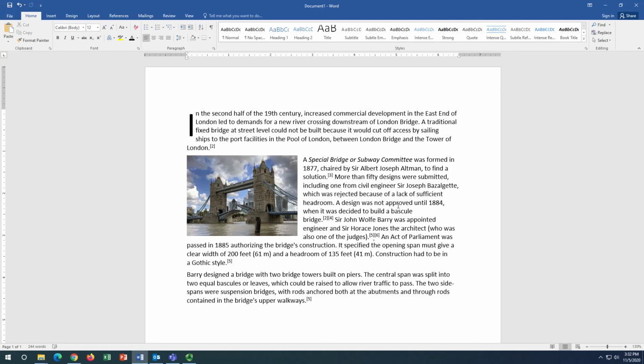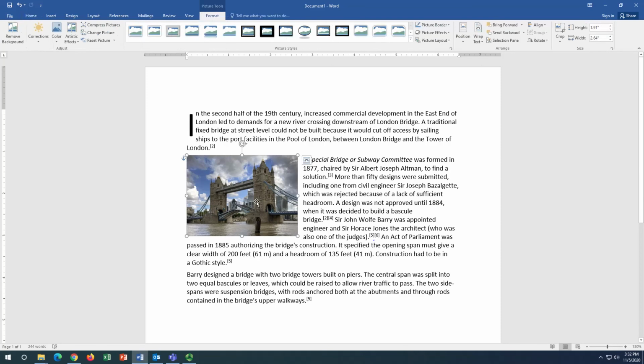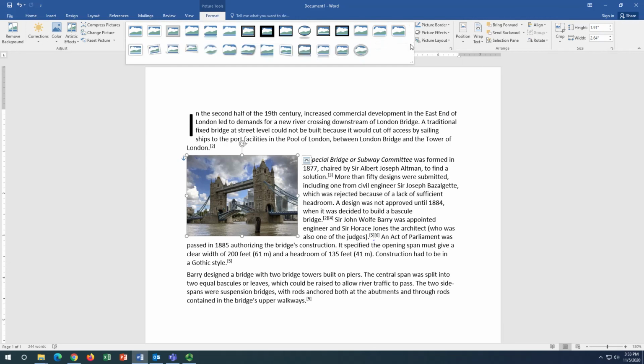So now that that looks a little bit nicer, let's spruce it up even more. This picture is kind of drab. I'm not a big fan of it. So let's go ahead and fix the picture. Let's make it look a little bit nicer. So go ahead and select your picture. And when you select your picture, you get a new tab at the very top, Picture Tools Format. And then in your Picture Styles group, if you click your More Options button here, you can expand this and